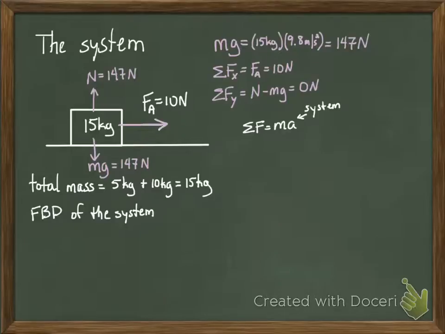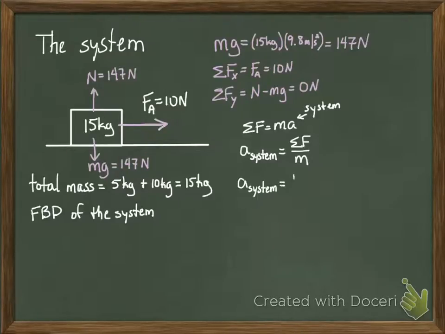So I'm going to go ahead and rearrange this equation. And I have the acceleration of the system is going to be equal to the net force of the system divided by the mass of the system. So I'll just go ahead and fill that in. The acceleration of the system, therefore, is going to be,